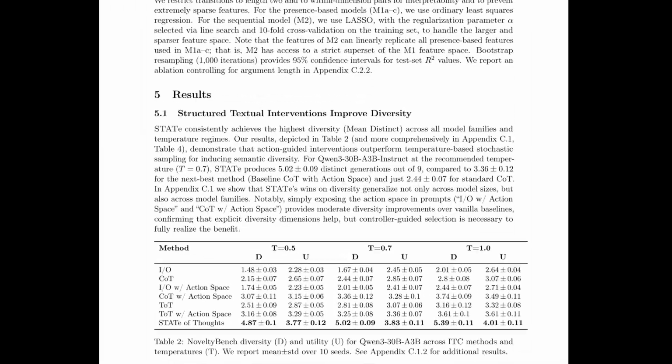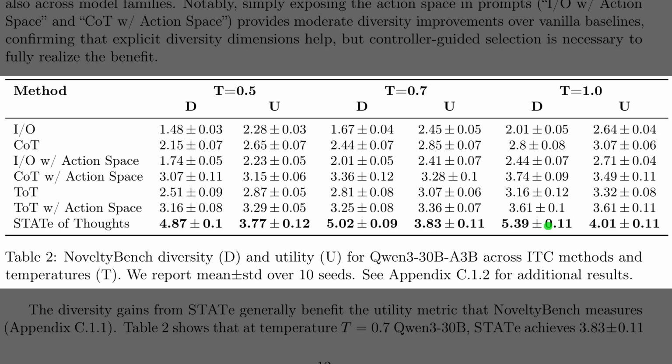So Table 2 results show how these interventions translate into actual performance gains on the NoveltyBench dataset. The columns track diversity, labeled D, and utility, labeled U, across 3 different temperature settings. Focusing on the middle section for temperature 0.7, the standard chain of thought baseline only reaches a diversity score of 2.44. In contrast, the bottom row shows that State of Thoughts surges to 5.02, effectively doubling the semantic variety. Crucially, this variety does not sacrifice quality, as the utility score also climbs to 3.83, which is the highest in